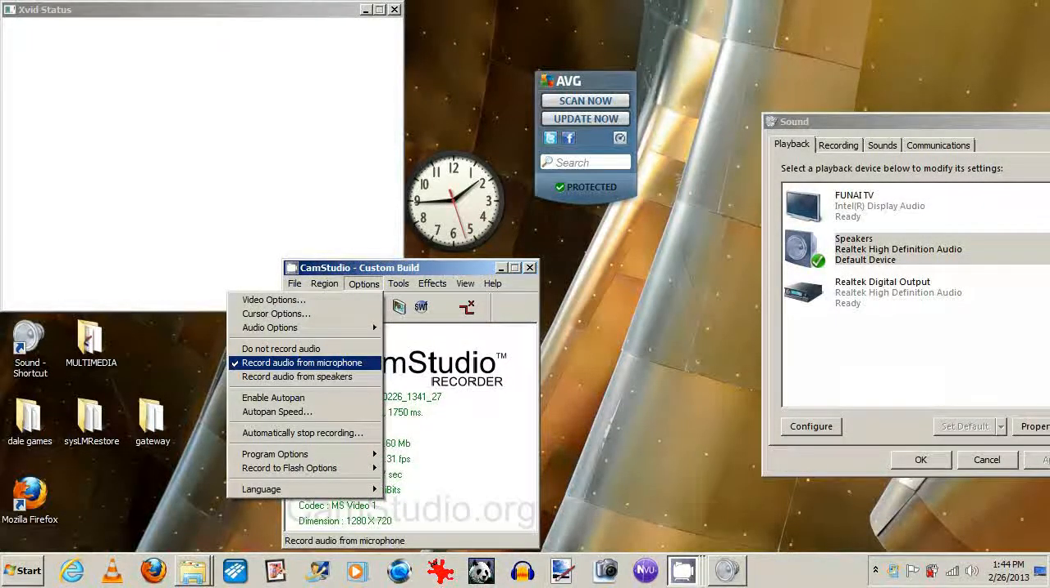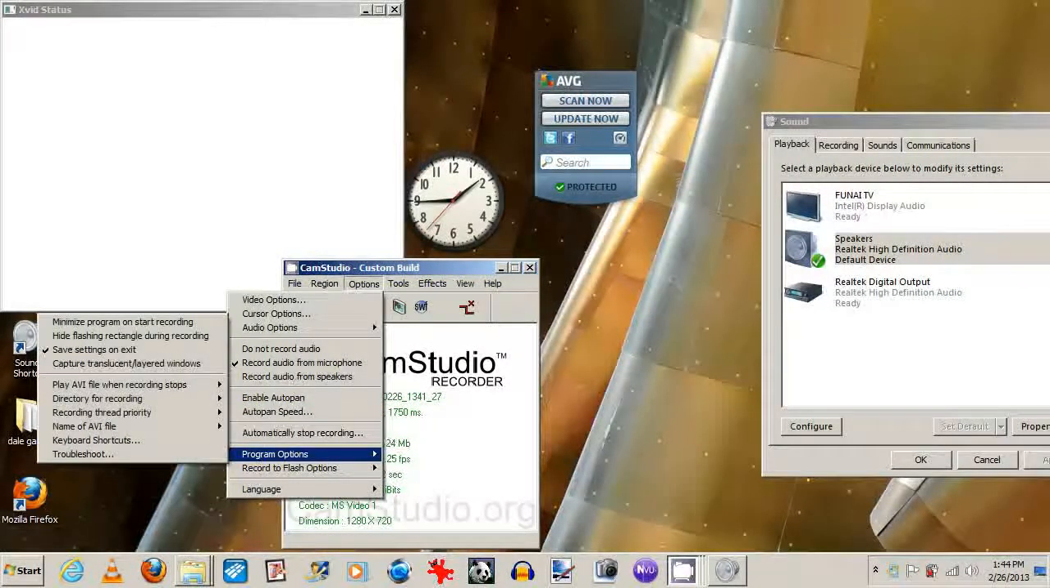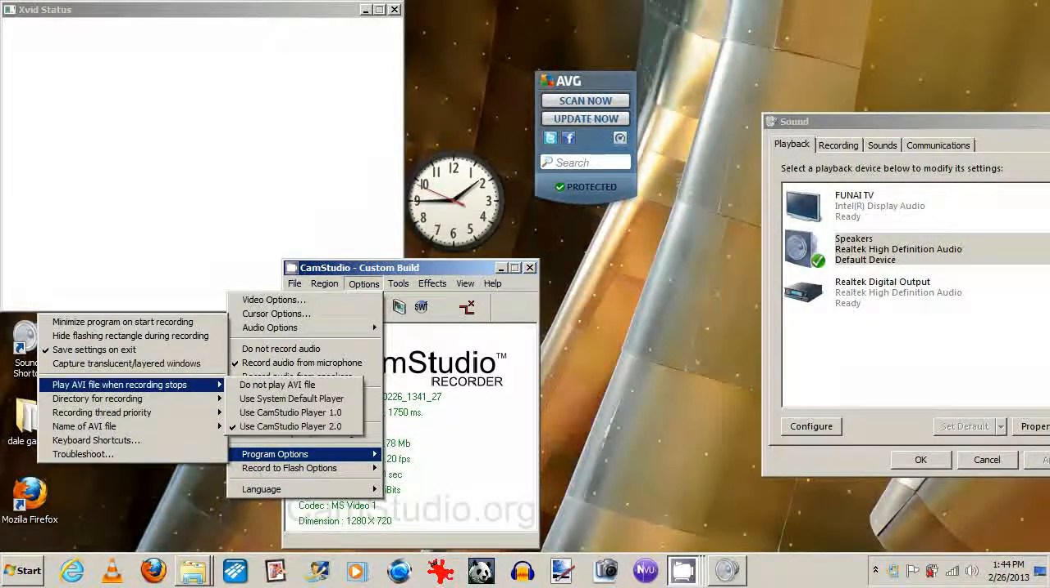I record audio from microphone. That's how I do mostly anything with this. Don't mess with that. Don't mess with that. Don't mess with that. Program options. I always have it set to save settings on exit, because then once I exit the entire program, everything's automatically saved every time, so I don't have to mess with anything. Though I don't normally mess with